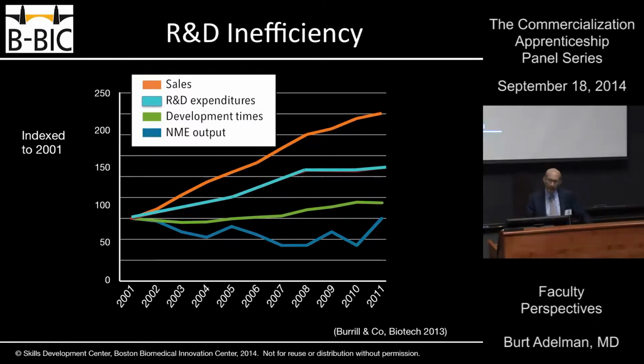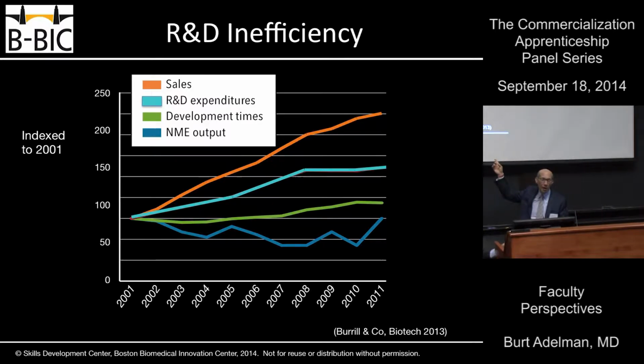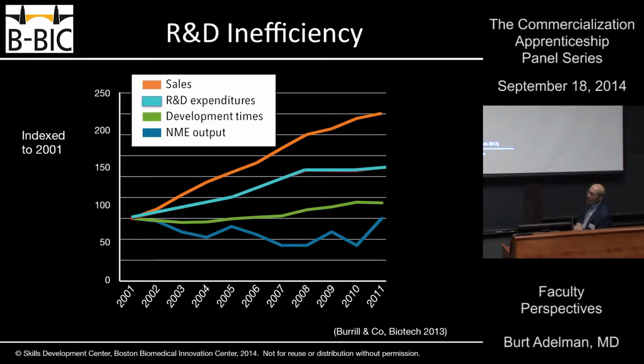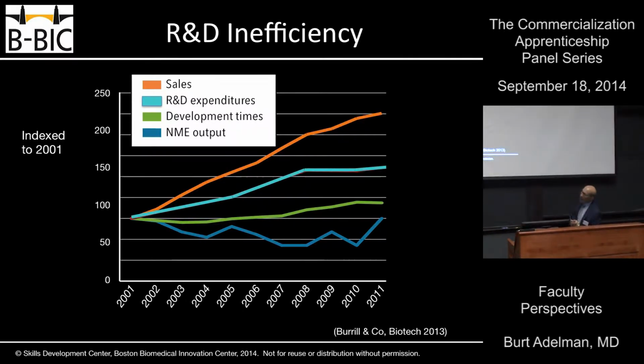And I think this is one of my favorite graphs. I've taken this from an annual report that Steve Burrell publishes. I don't know if he'll be doing it anymore because he's probably going to go to jail. But besides that, Burrell runs a bank. He was a very well-known biotech VC who apparently has, in the last couple of years, got a little too big for his finances. But these data are, I think, very interesting because starting from the bottom, working our way up,